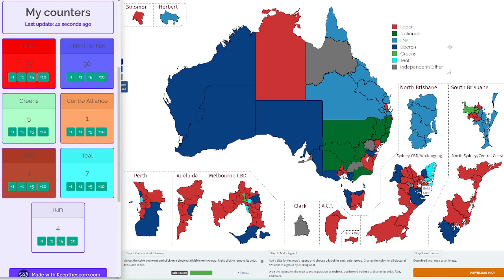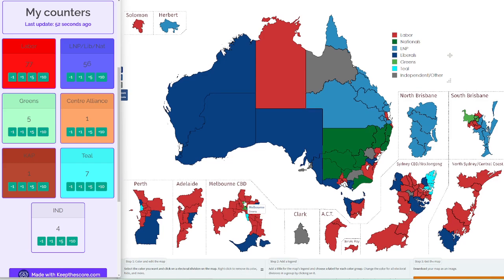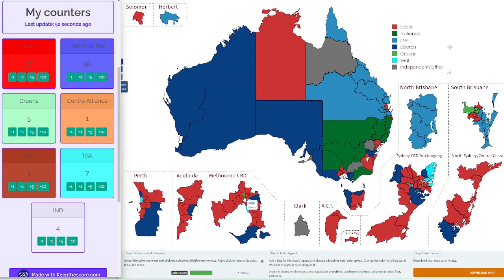So I see the Greens retaining what they have in South Brisbane as their best case scenario and winning in Melbourne and potentially Wills. I think the other one to look for will be Cooper, seeing if they can manage to win that or maybe prepare it for the next election. I know Macnamara was close. I don't know if it'll be close again. But best case scenario in Melbourne, I can see them winning Macnamara and Cooper. That is the best possible case scenario, I believe, for the 2025 election for the Greens.